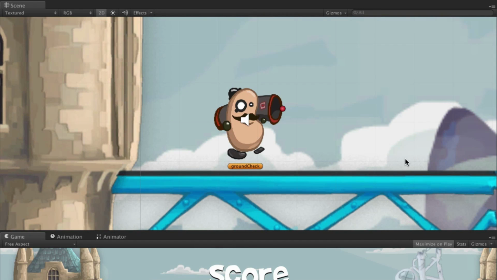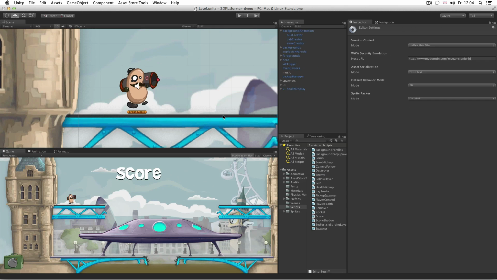It also hides the usual 3D gizmo in the top right of the view, giving you more space to work in. Aside from these settings, the workflows for 2D have been designed to mirror existing Unity approaches to 3D game creation. So if you already know a little about Unity, you'll be in a great position to start making 2D games right away. It's worth noting at this stage that you can still mix 2D and 3D in Unity, so if you want to add 3D elements to your 2D game or vice versa, you can do that with no worries. Let's take a look at the demo project itself and how we built it up one stage at a